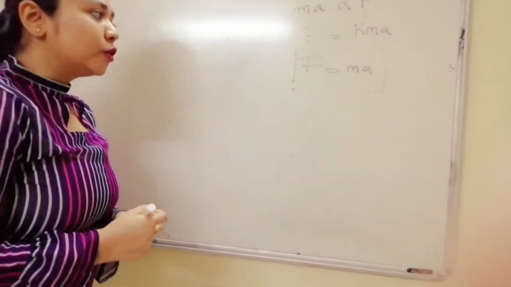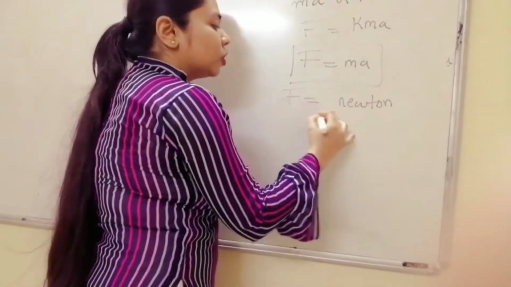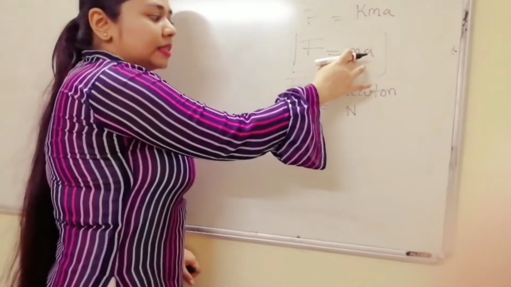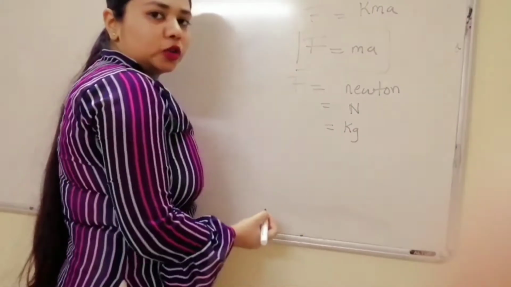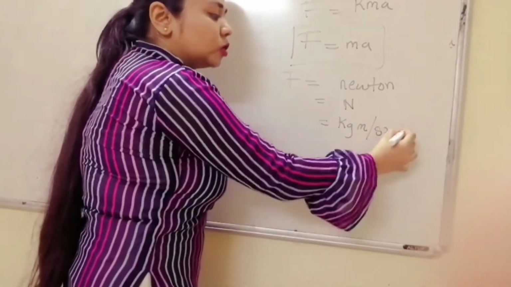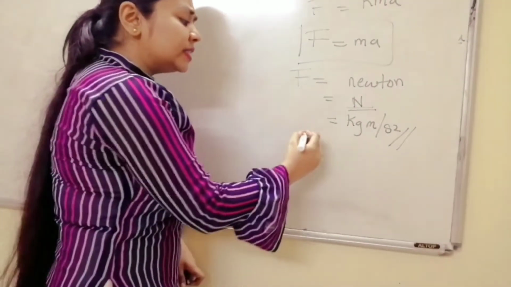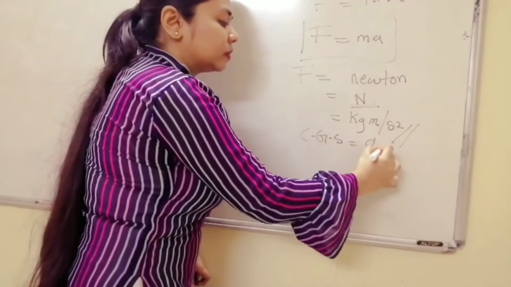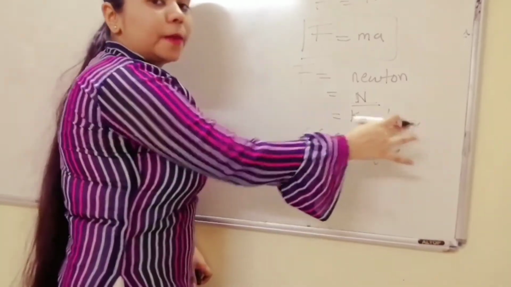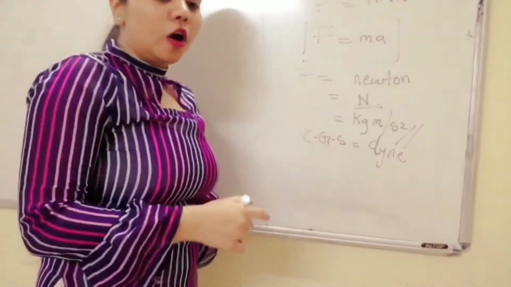Now what is the SI unit of force? SI unit of force is nothing but Newton, which you can write as capital N. Also, this is mass in kg, and acceleration is in meter per second square. So it is also kg meter per second square, which can also be its SI unit, and together it is known as Newtons. Okay. And the CGS unit of force is dyne. And the SI unit is Newton, or kg meter per second square. Okay. So this is all that we study in the second law of motion.